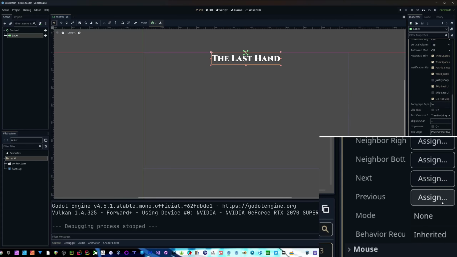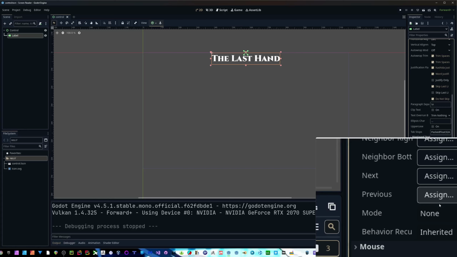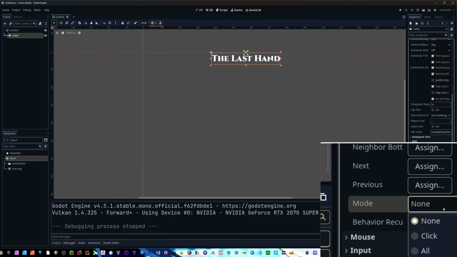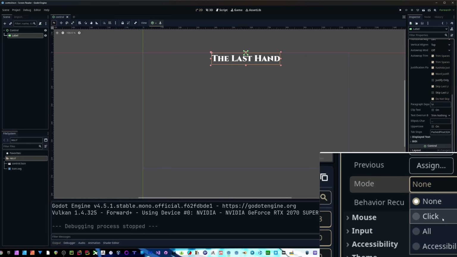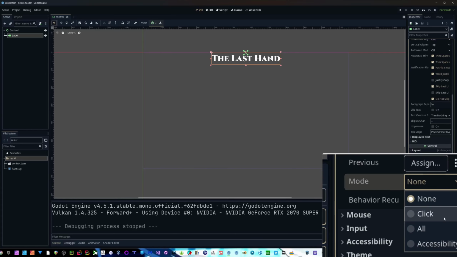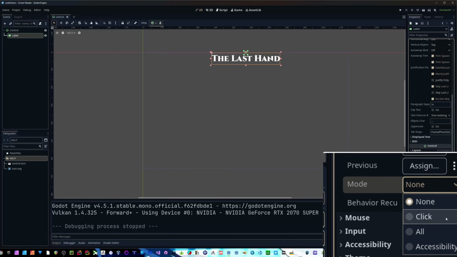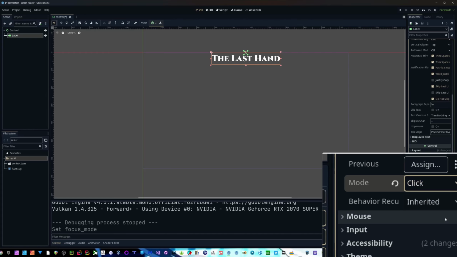But if you didn't have all that specifically set up to go from one node to another, then the easiest way is you just have to come to mode, and you can set it to click, all, or accessibility. So, for example, we could just set it to click,